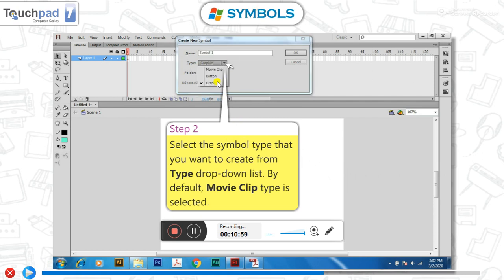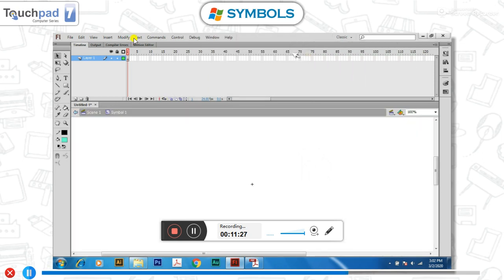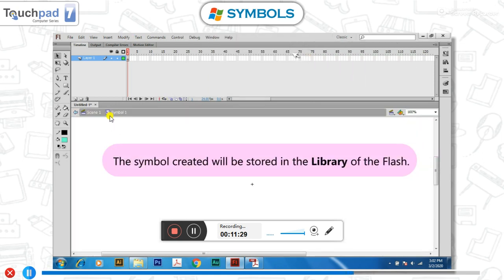Type has three types of symbol that I have already explained: movie clip, button and graphic. Select any one, whichever you want. And finally you have to click the OK button. Your symbol is created. Symbol 1 is created here and stored in the library.